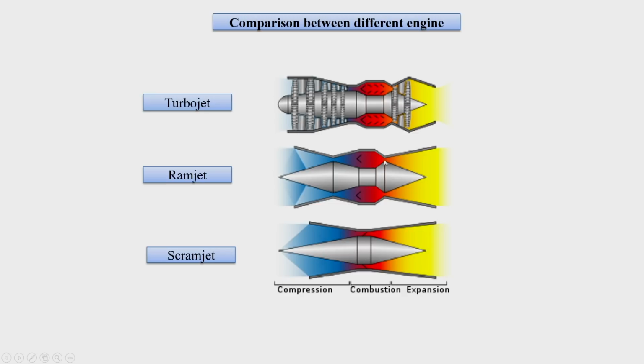Then that high pressure, high temperature air would go into the combustion chamber. Upon combustion, it would expand in a nozzle. But in the case of a ramjet, that compression leads to a decrement in velocity, to such an extent that the combustion takes place in a ramjet engine at subsonic speed. But in the case of a scramjet engine, the compression would take place in the intake, then we would have combustion, but compression would not take place to an extent where the air would go from supersonic or hypersonic flow to subsonic flow.